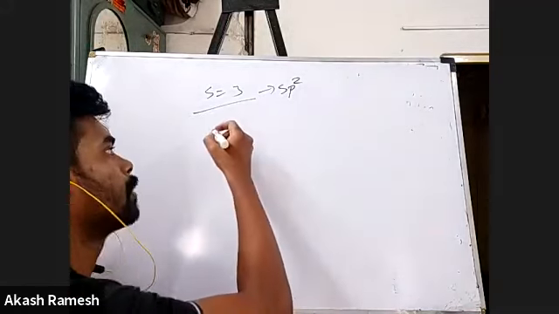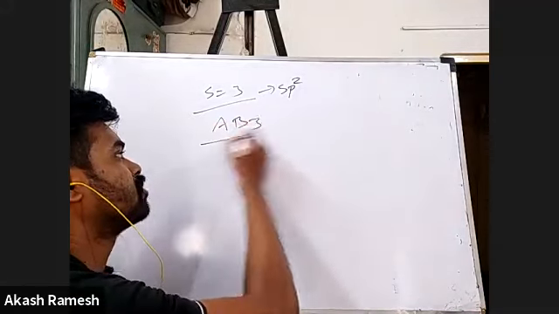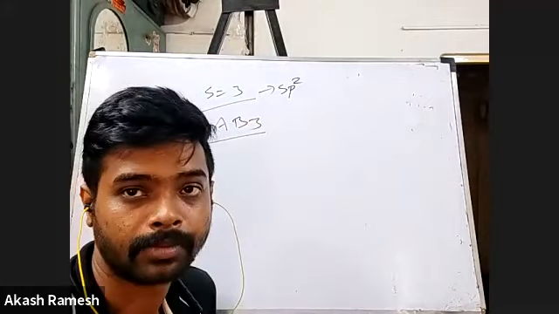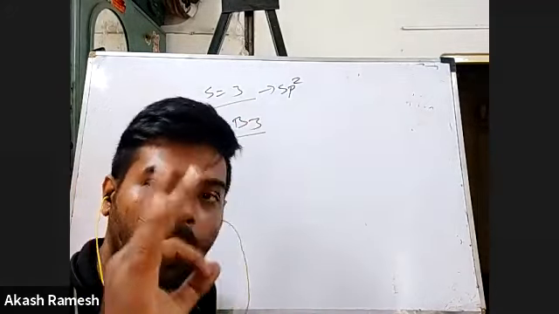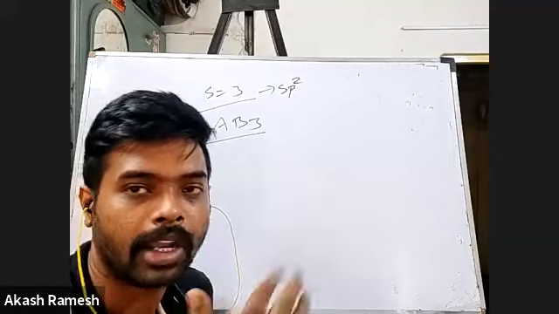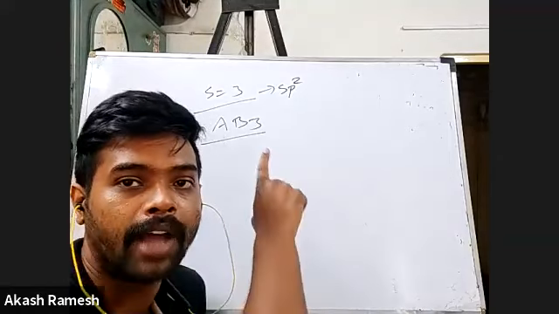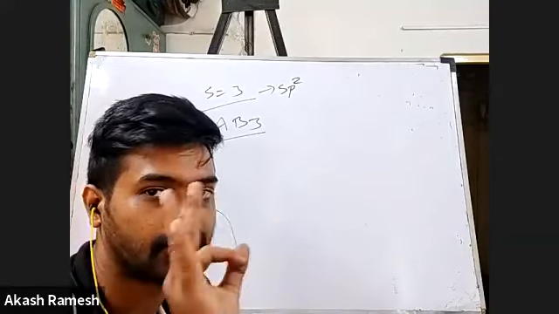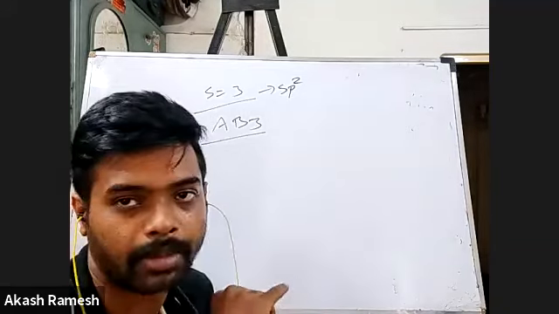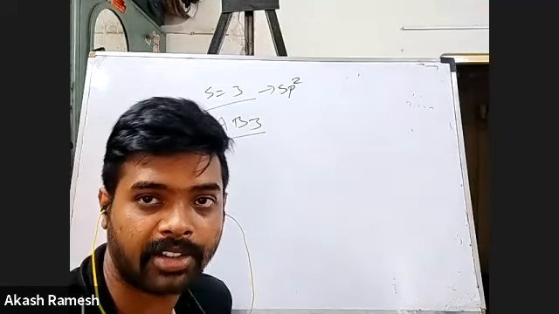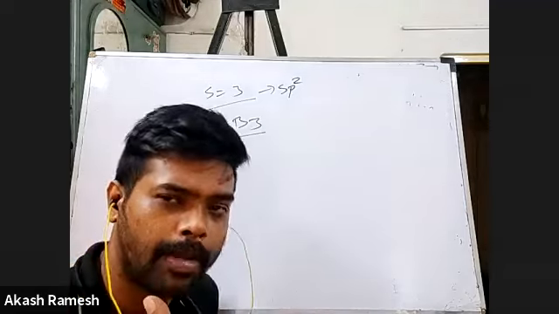The first combination can be like this, AB3 type of molecule. What do you mean by this? There are 3 bonding atoms. So obviously there are 3 bonding atoms, no lone pair. Number of atoms bonded to the central atom is 3, no lone pair. So steric number is 3, sp2 hybridized, right? Now there can be one more